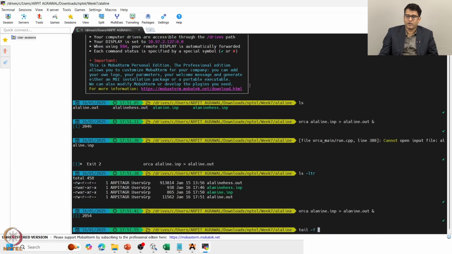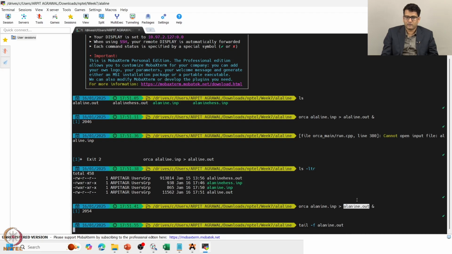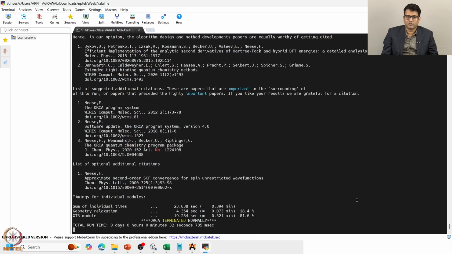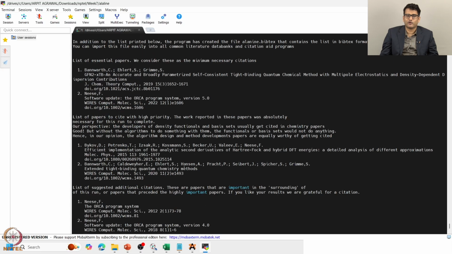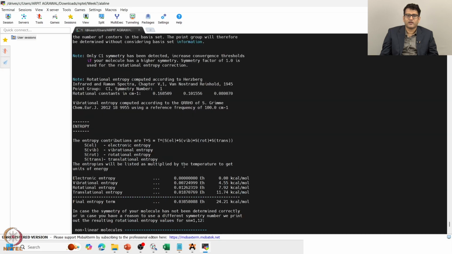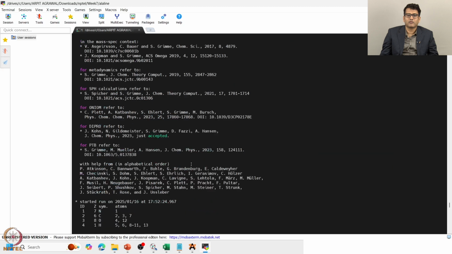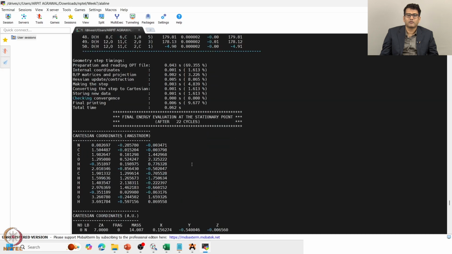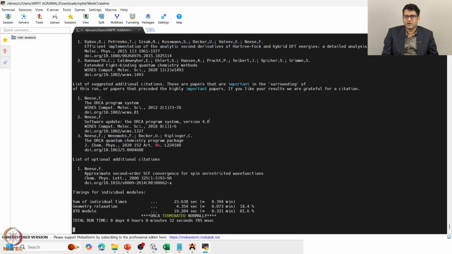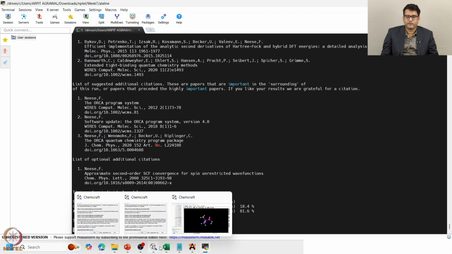XTB optimizations are super fast even with frequency calculation. So it's only 32 seconds. If you want to see how many iterations it has taken, after 22 cycles. Although it has taken 22 cycles, it actually happened in 30 seconds only. So it's good. Now once I have optimized my initial structure,